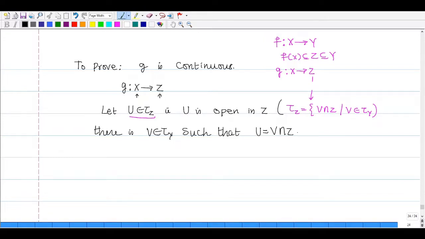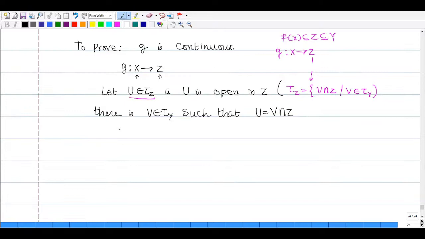அப்படின்னு எழுத முடியும். Okay, சரி, இப்போ let us calculate. Now I am calculating this fellow. What is f inverse of V என்ன அப்படின்னு calculate பண்ண போறேன். This is equal to யாரு? Set of all x belongs to capital X such that f of x belongs to V ஆக இருக்கும். கரெக்ட்டா? And note that it is given that f of x எல்லாம் எதுல இருக்கும் அப்படினா f of capital X ல